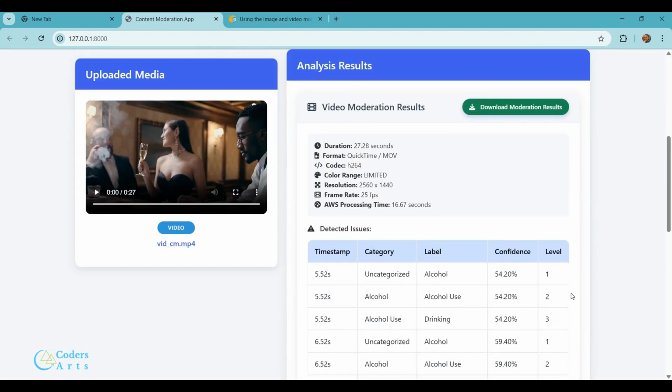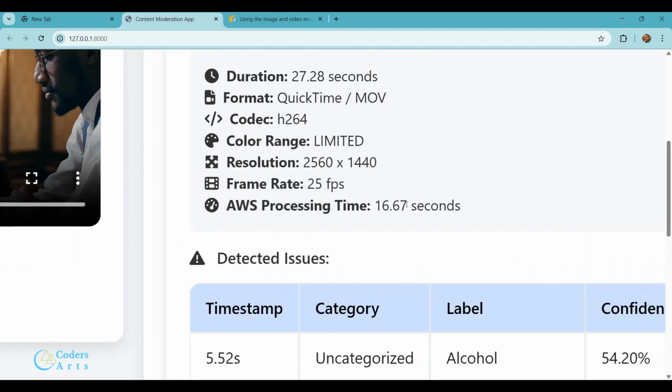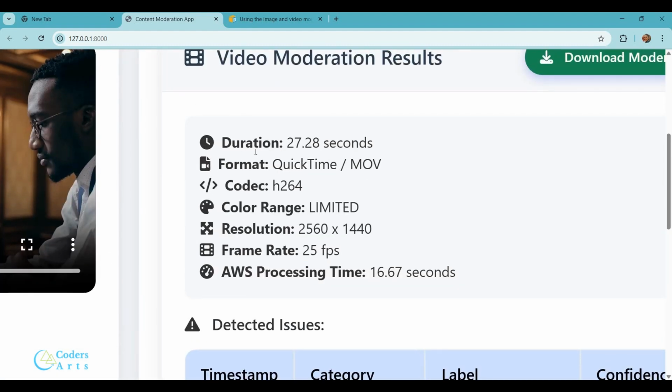So here we have the results for the analysis of the video for moderation. Rekognition breaks the analysis down by timestamps, as you can see in the table. But let's just take a look at these details first. Here it tells us that the video is 27.28 seconds long, and AWS's Rekognition took 16.67 seconds to analyze